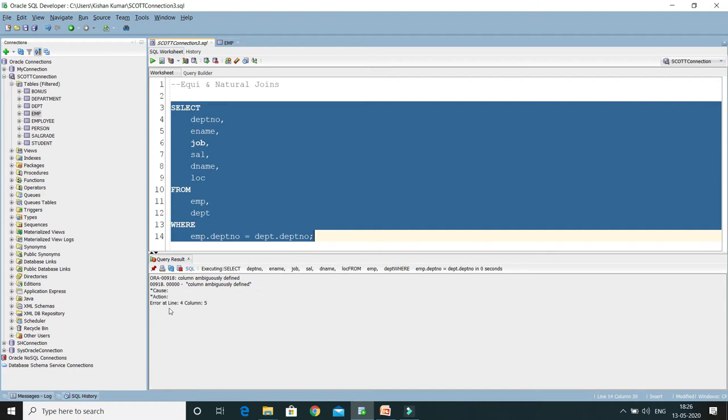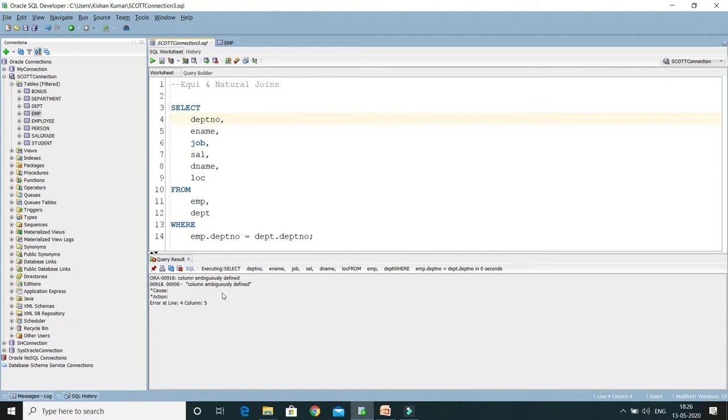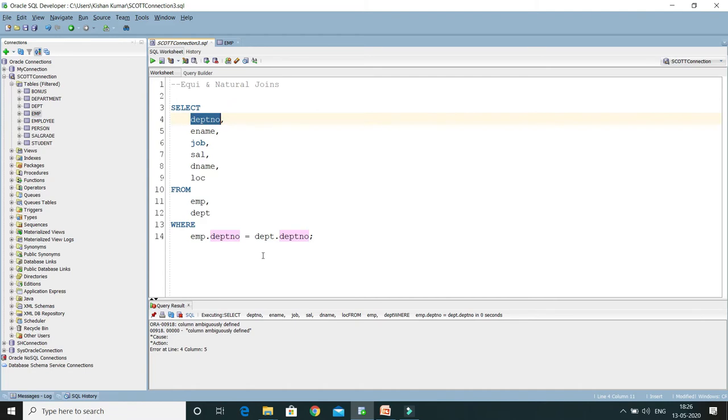Now it says line number 4, which is nothing but this, column ambiguously defined, meaning this column name exists in both the tables. Now Oracle is confused: department number is available in the EMP as well as the department table, from which table do I need to fetch?